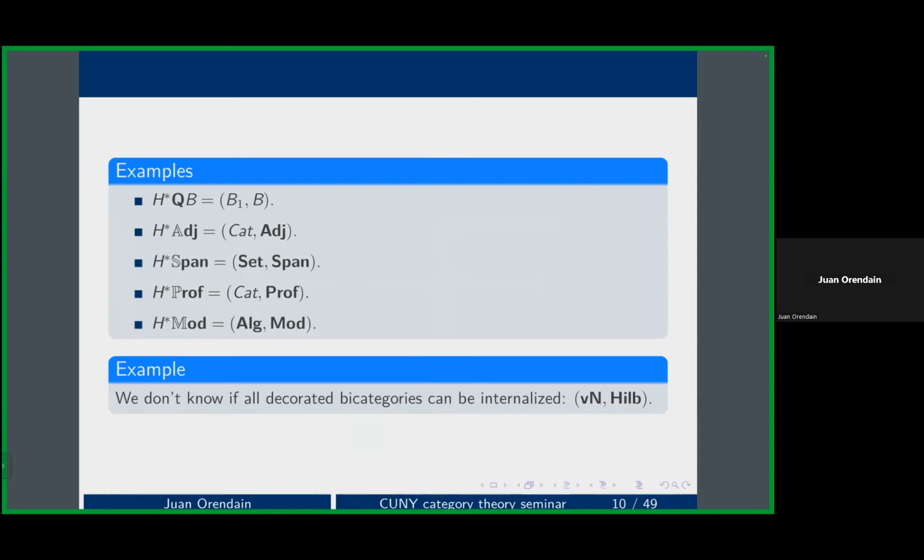So this is sort of a classic thing. I haven't explained why I would be interested in this, but this sort of happens a lot. So you have a bicategory and a special collection of vertical arrows, and then there is a double category that solves this problem of sort of filling the squares. So, well, one thing that's very interesting about this is that we don't know if all decorated bicategories can be internalized. So you can come up with sort of pathological examples that you could imagine that you wouldn't be able to